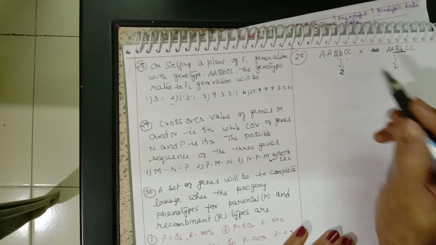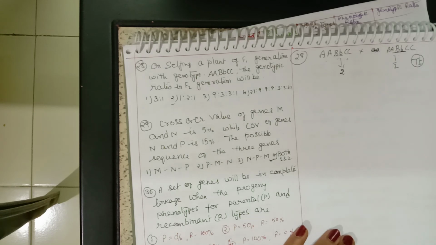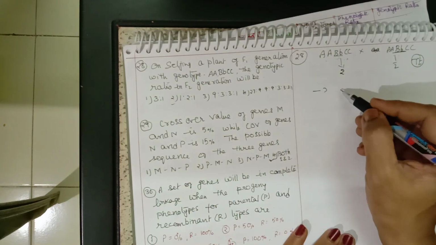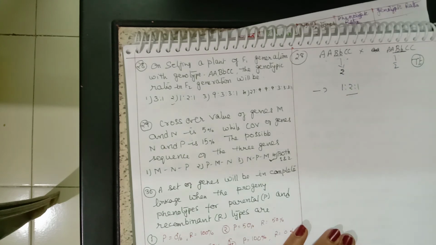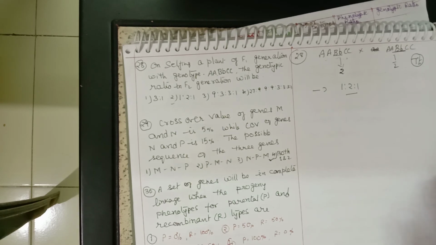So here only two types. Like monohybrid, we already know a very simple representation. This is how we know it in a monohybrid cross. So simply, what we can understand is here two types, so here also two types. So the ratio should be 1:2:1. Though three genes are represented here, since it is only a single monohybrid,